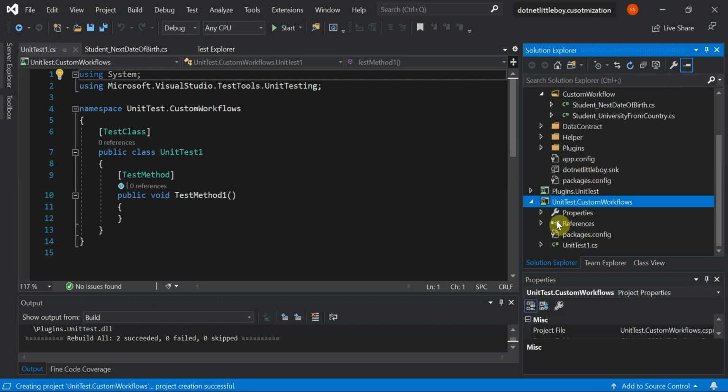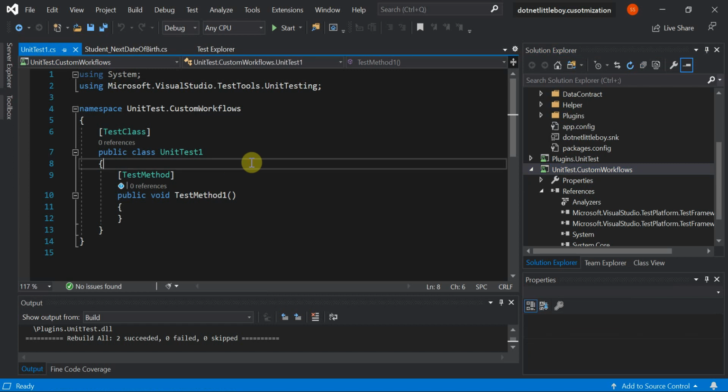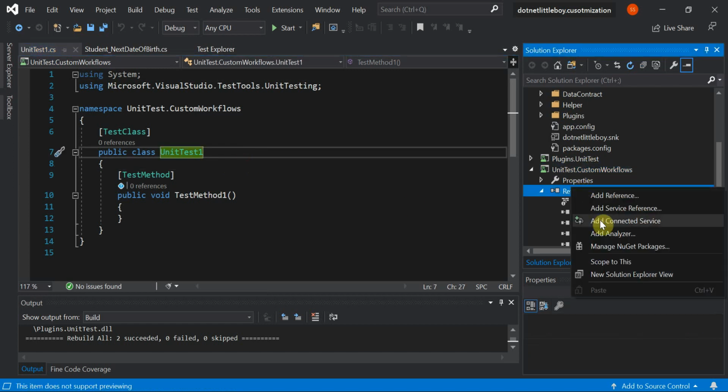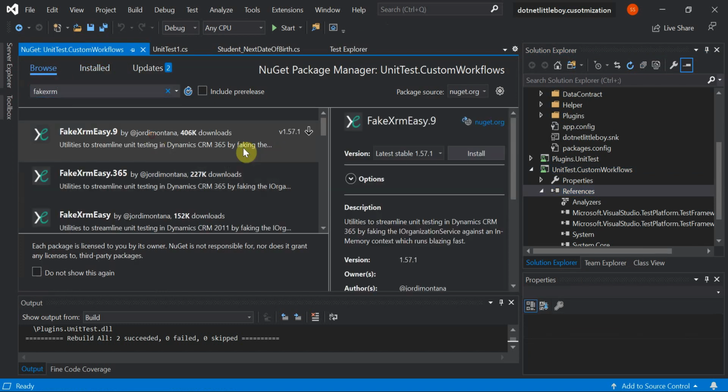Here I will be using FakeXrmEasy, because FakeXrmEasy will mock the Dynamics services like create, update and all, and then we can create the fake data in the test and test our results against any activity, plugin or custom code that we have written. So I'll go to the NuGet package manager and install FakeXrmEasy.